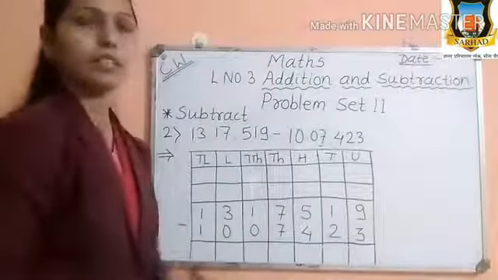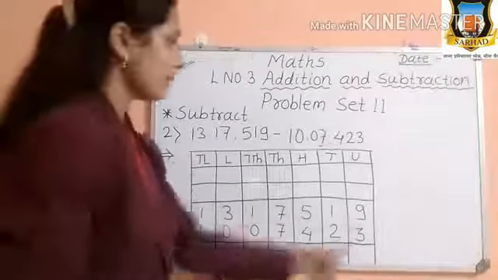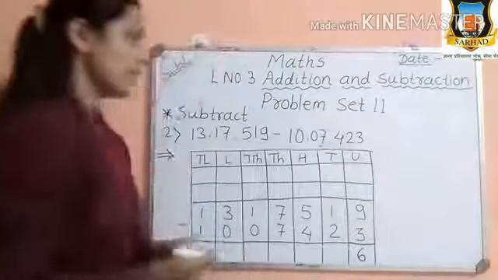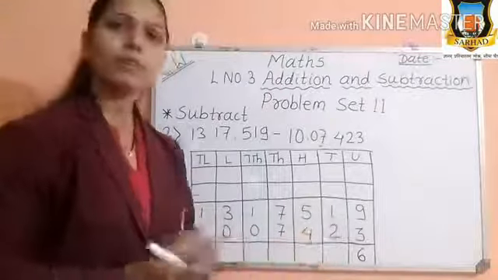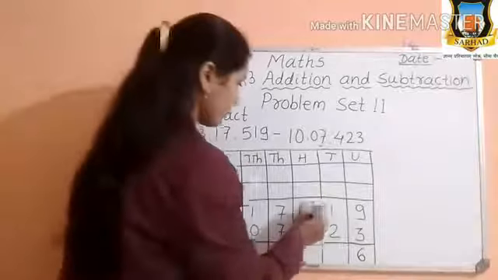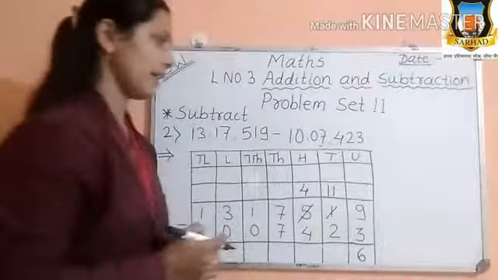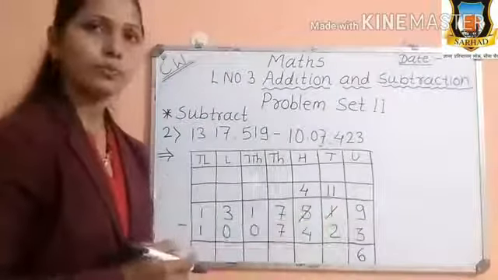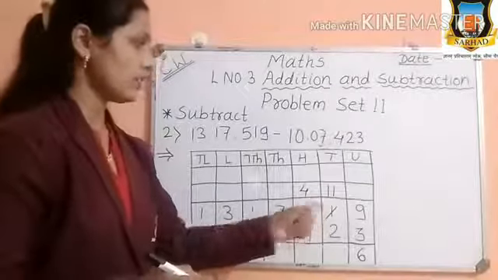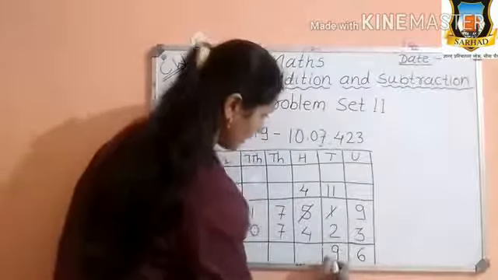Okay, now see here, 9 minus 3, is it possible? So 9 minus 3, we will get the answer 6. Is it possible to subtract 2 from 1? No, because 2 is greater than 1. That's why we should take one borrow from the next number. That is 11. 11 minus 2. Why 11? Because we have taken one borrow from this next place. That's why 10 plus 1, 11 minus 2, 9. 4 minus 4,